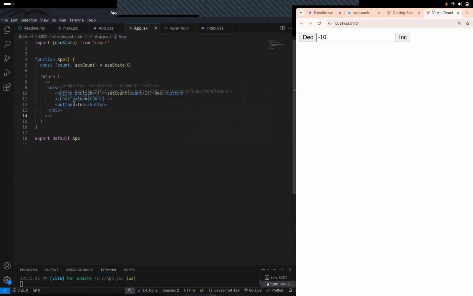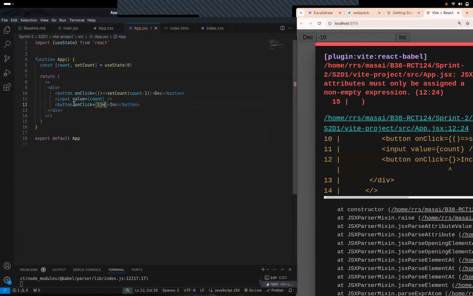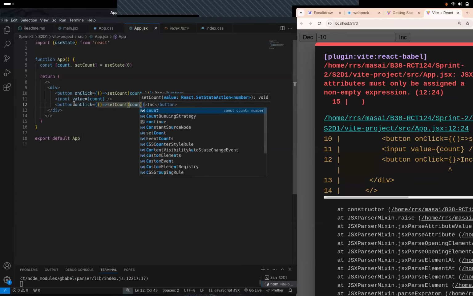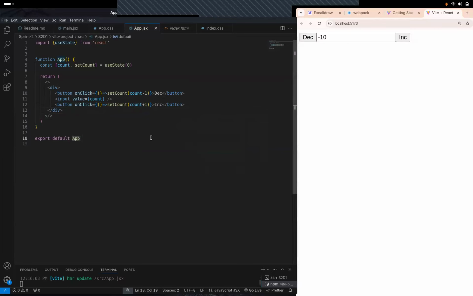Similarly, I'll just do the exact same thing here on onClick, and this will be setCount, but this time this will be count plus 1. Right? So now we can increment it and decrement it. Right? So the basic simple count setup is done.